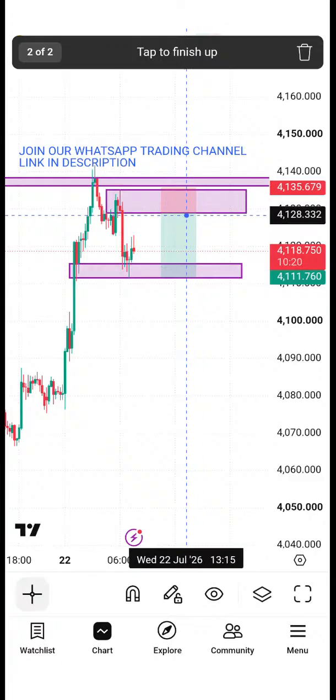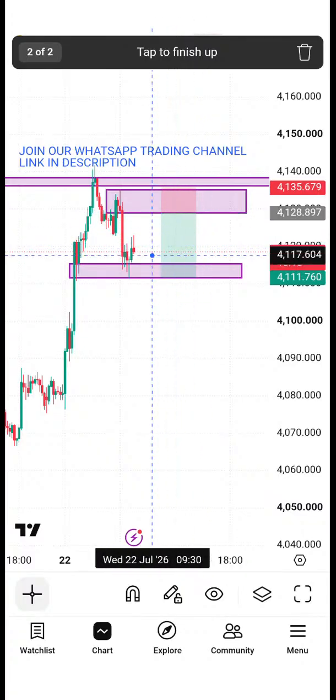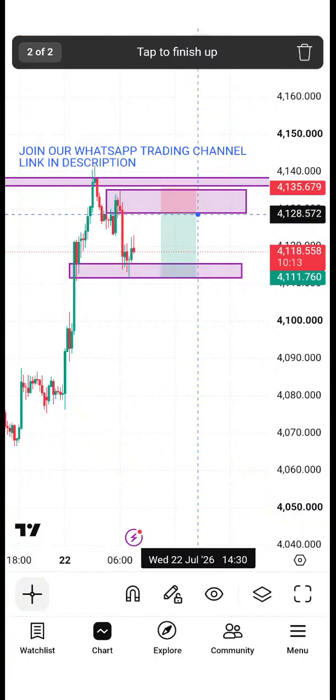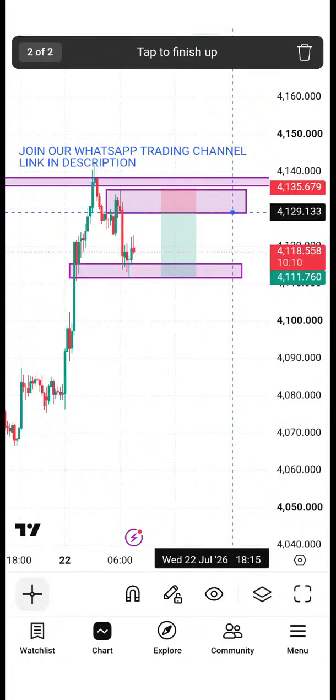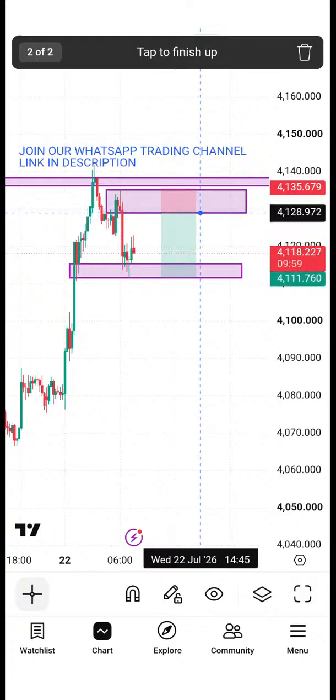It's very important for you to be patient when you are trading. Wait for price to come to your entry point or your point of interest, and stick to your setup, stick to your plan, guys. Don't chase the market. Just stick to your plan. Yes, you will take stop loss here and there, but that's how you build discipline in the market.